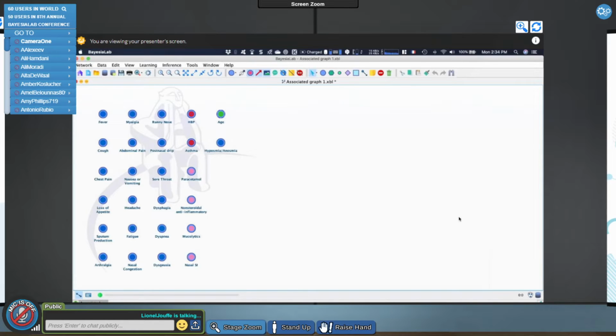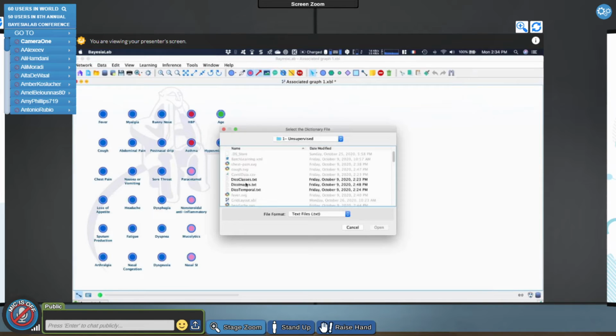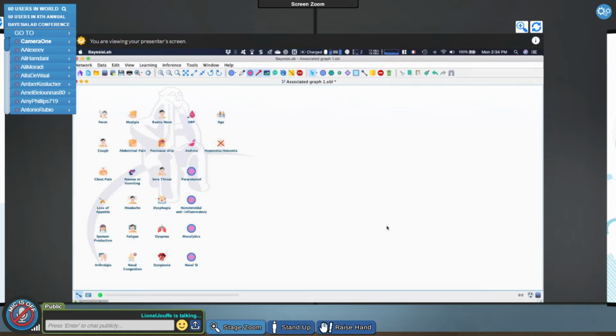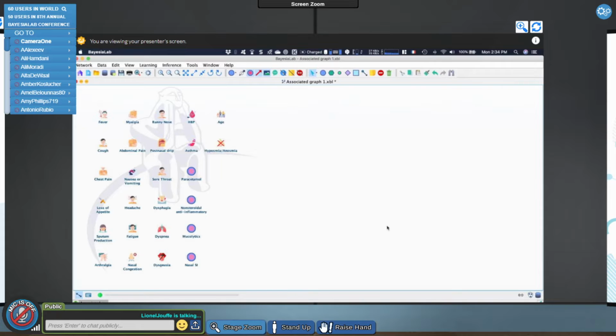Then I'm going to also associate images, right? So I have a dictionary of images for these. This way, it's easier to understand what these symptoms mean, right? Because sometimes they have a strange name, or we are not used to these names. So an image is very useful in this context. And it's also something that I'm using a lot more now.